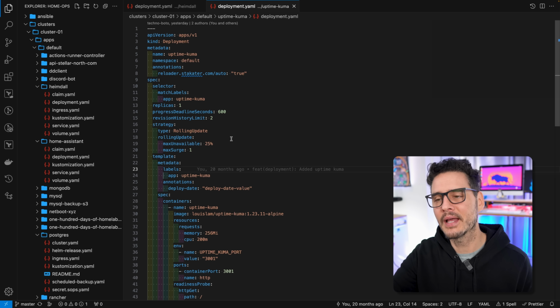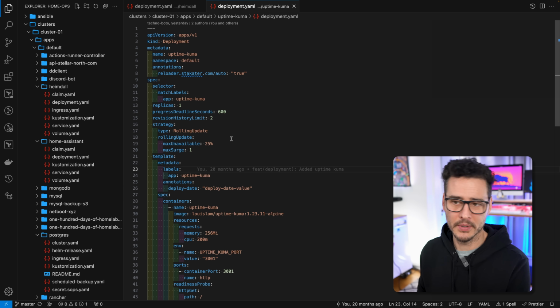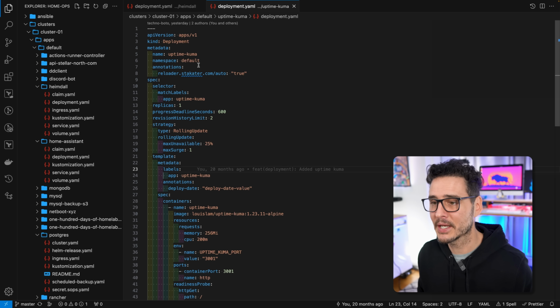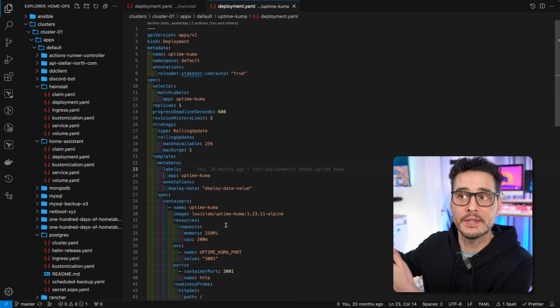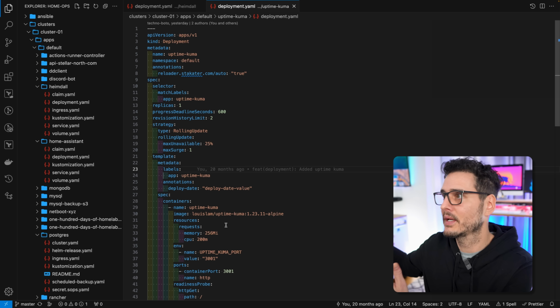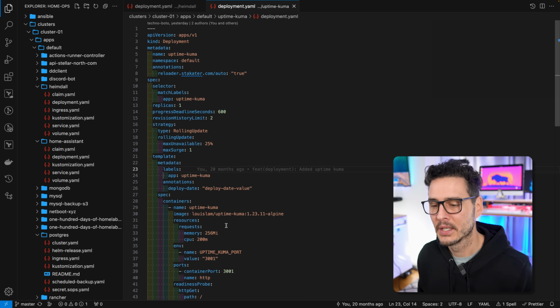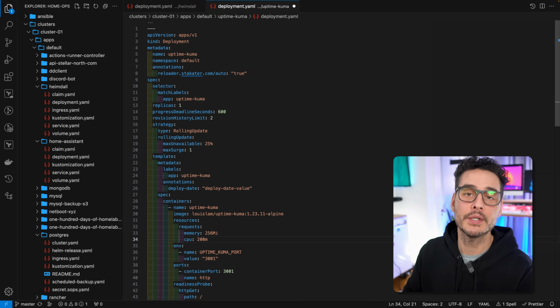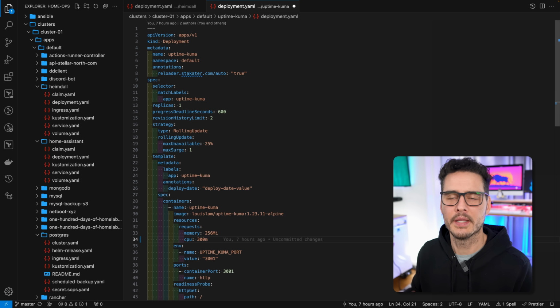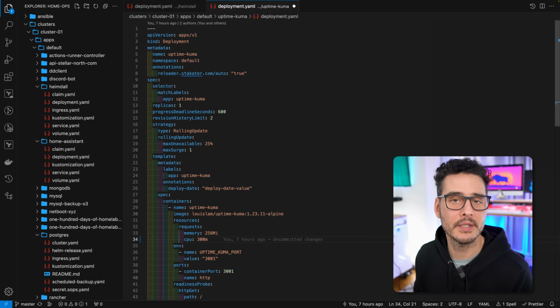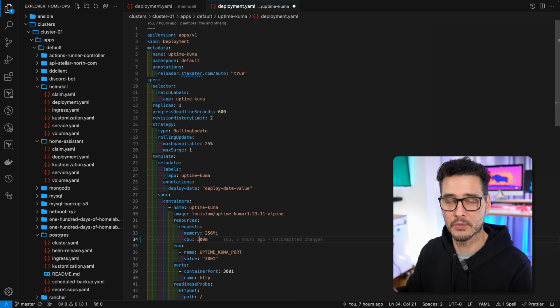And so there isn't a lot to show you other than some YAML. But for example, you can see this is my deployment for Uptime Kuma. I have a lot of properties set on here, but at the end of the day, when I commit and deploy this, this is going to tell my cluster what the desired state is, and then the cluster will say, okay, well, I'll make it that way. So for example, if I wanted to give it a little more CPU, I could change this value right here, commit that, deploy it, and then within a minute or so, my cluster would see this come in and it would apply it, and then it would redeploy this container with the new request value.